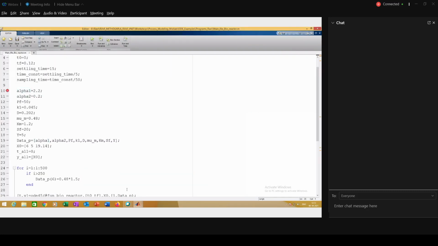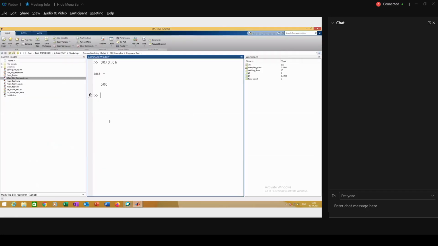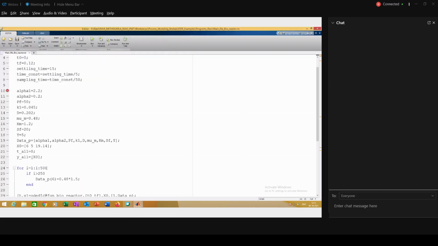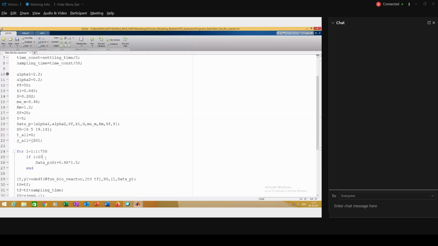And then for the next 15 seconds, I need 15 divided by 0.06, which is 250, so 750 total simulations. I'm changing it to 750, and then changing this for loop to 500.